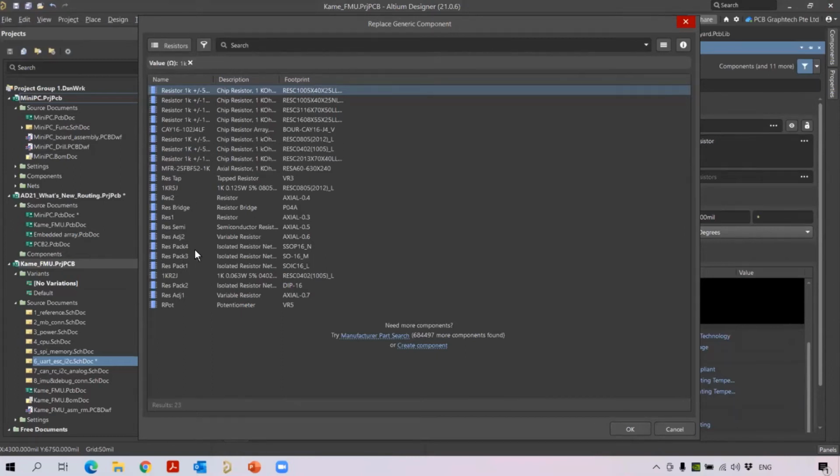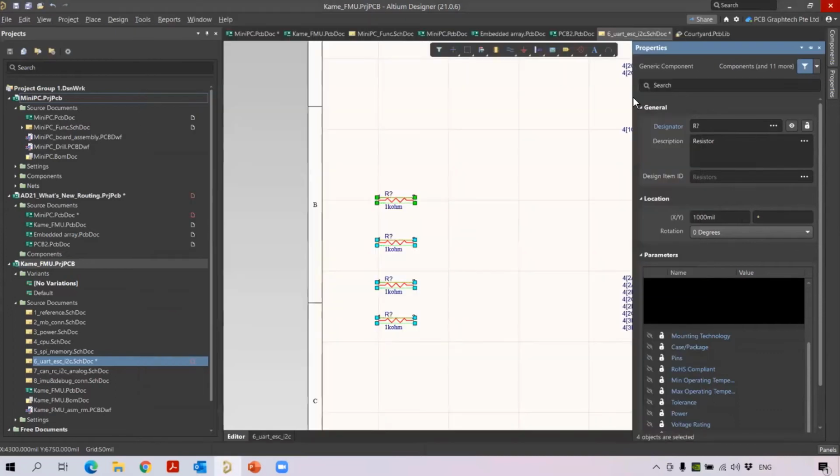So you can choose which resistor you want to use for the advanced stage of the design. Okay, so this is one method of selection. I'm not going to use this method. Instead, I'm going to generate the component parameters directly from the ActiveBOM, and then see the parameter properties here.